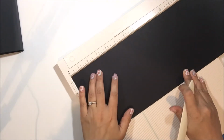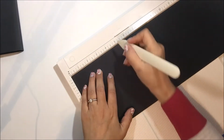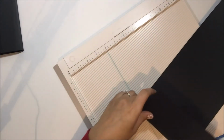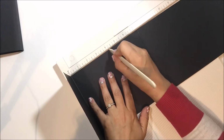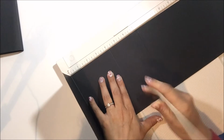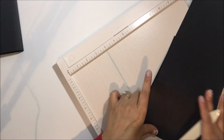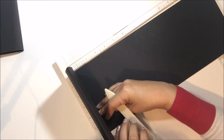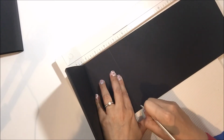score at 4 1/4, and then we're going to fold and move up our paper every time. So you're going to score at 4 1/4, fold, and then move that score line right up to the 0, score again at 4 1/4, again fold, and move that one right up to your 0 mark, score again at 4 1/4,